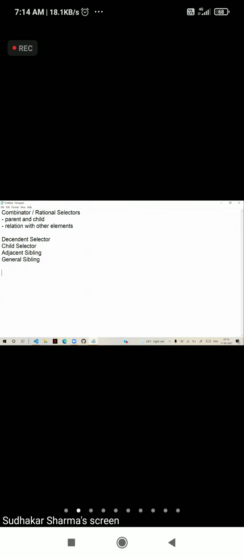So descendant selector, child selector, adjacent sibling, and general sibling. These are the selectors. This comes under the category of combinators actually. That means how they work, let's see.